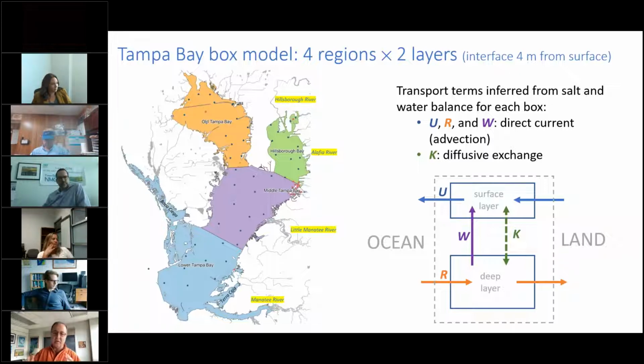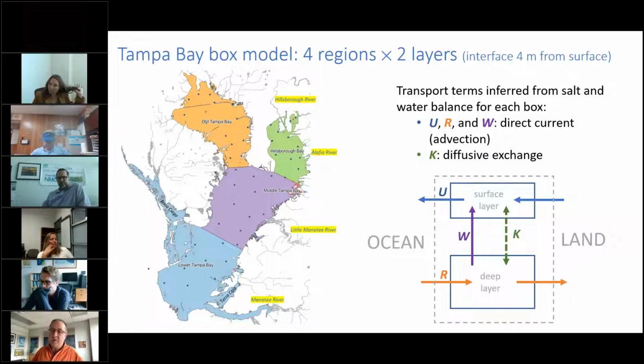And we've sort of considered those. We've averaged all the data into those regions. And then we split it vertically into 2 levels with the interface at 4 meters, which is what physical oceanographers tell us generally is the depth at which the lateral circulation changes direction. And then from the salt and water balance equation, we're using the salinity data. We're using freshwater inputs from Ray Pribble, who I'm pleased to see is on the line, and that helps us